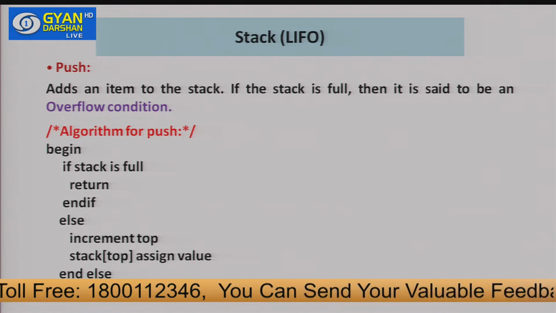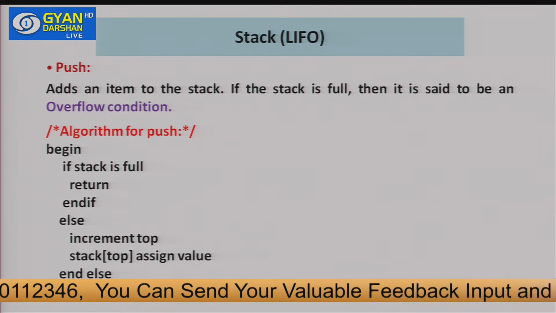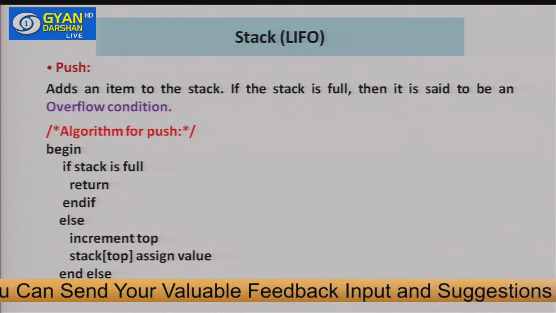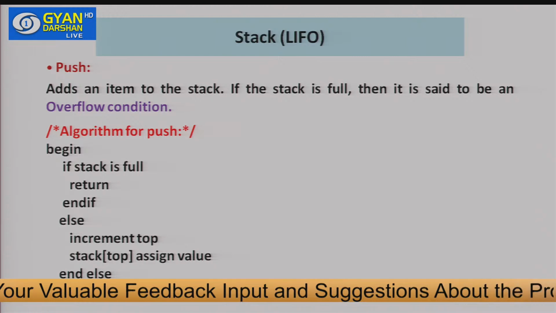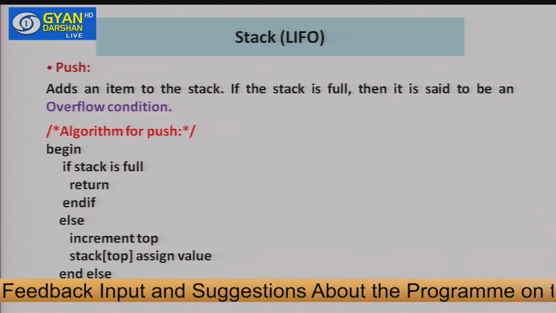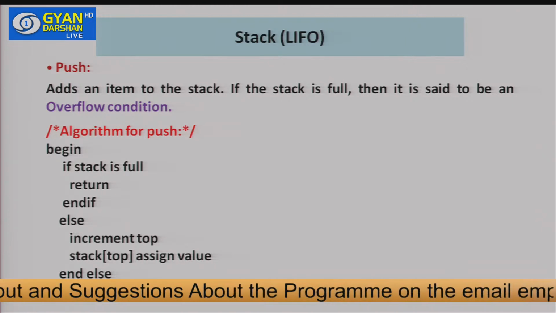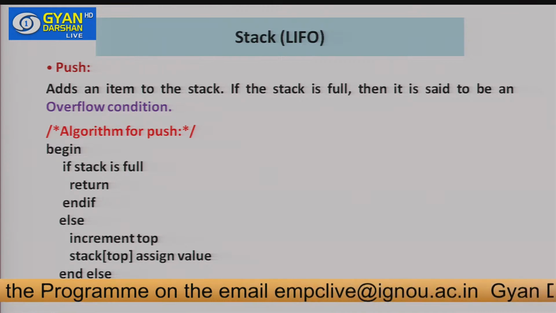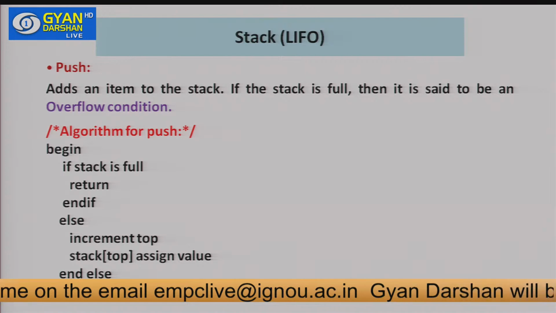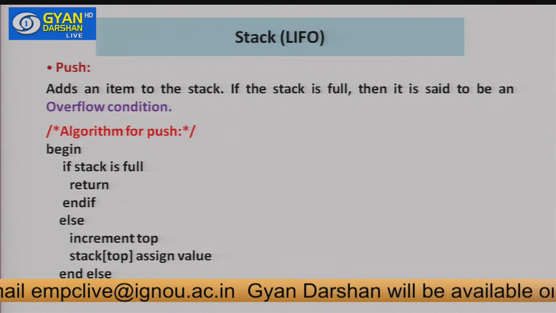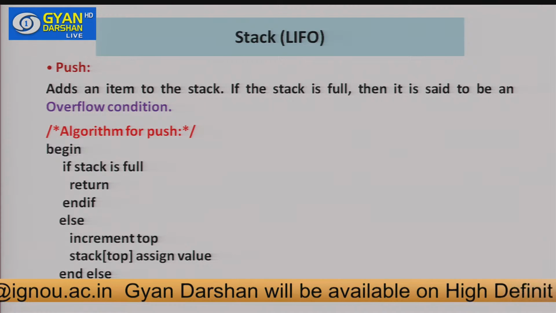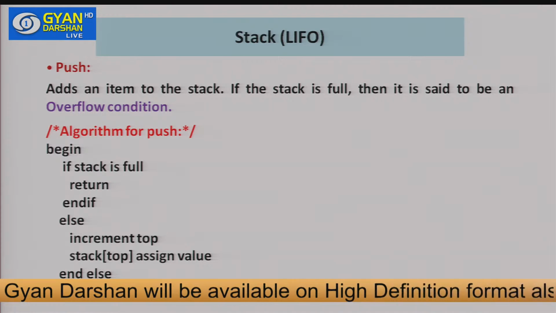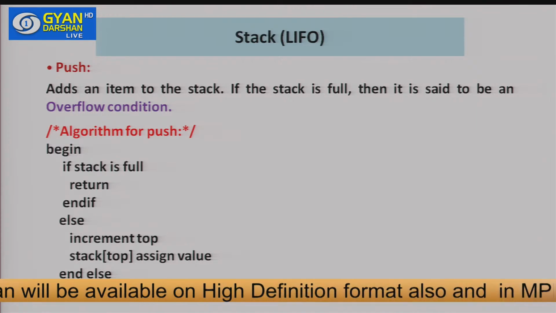In fact, what is the top? Top is a variable, a point, we can say a pointer variable, or a variable which contains the address of the top element, or the last element which is being inserted into the stack. Or we can say, if we are using array implementation, it will contain the index of the element